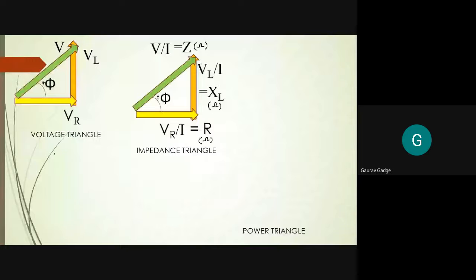Another way of writing is the Z equation, V upon I. In the last lecture I wrote V with angle 0 and current with a certain angle. As we know, current lags voltage by an angle of phi. So lag means minus phi. So what I can write is V upon I with angle plus phi. And what is V upon I? It is Z. So I just write it as mod Z with angle plus phi. This I wrote in the last class.